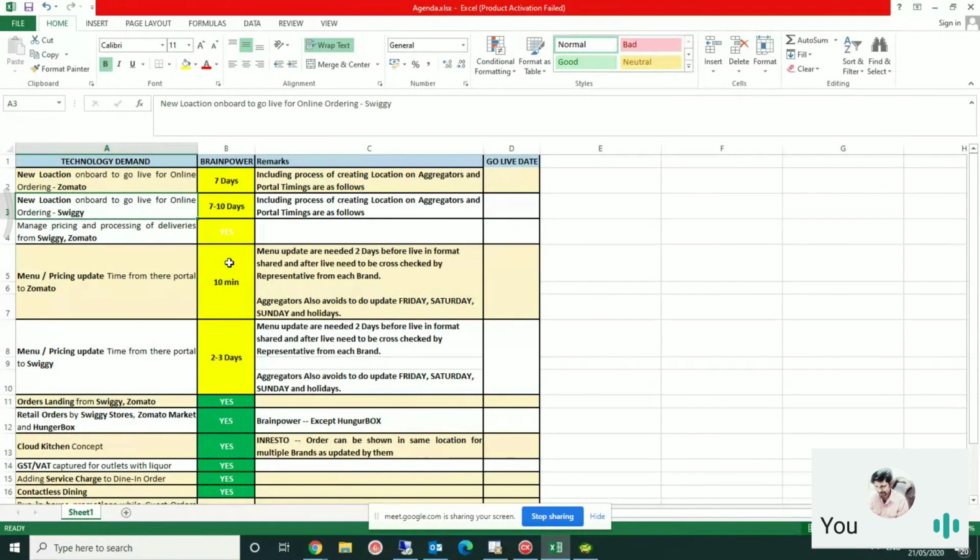Just share all those details on mail so that we can give you the data, like the menu in Excel, so that you can check how it is prepared right now and what all things have to be prepared in a different manner. And second, contactless dine-in: how fast can we get it ready for our outlet to showcase, as you have shown in the demo, and how you can map it to our database and showcase it to us.